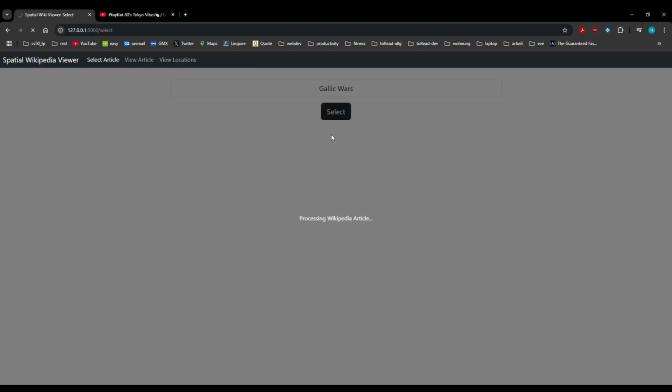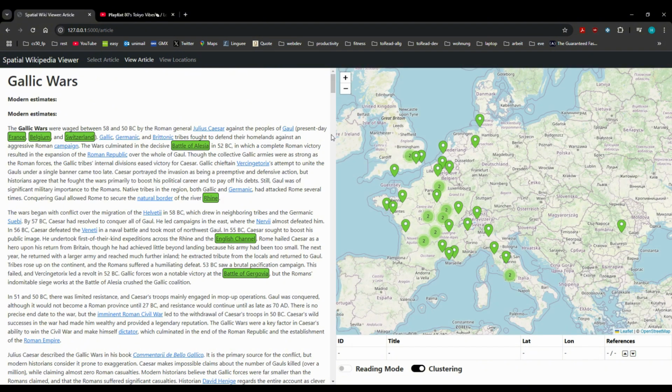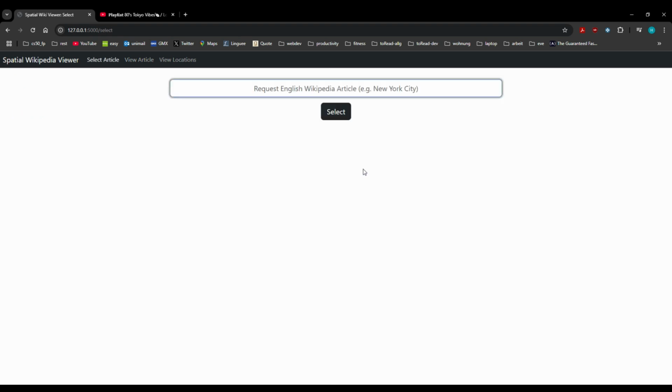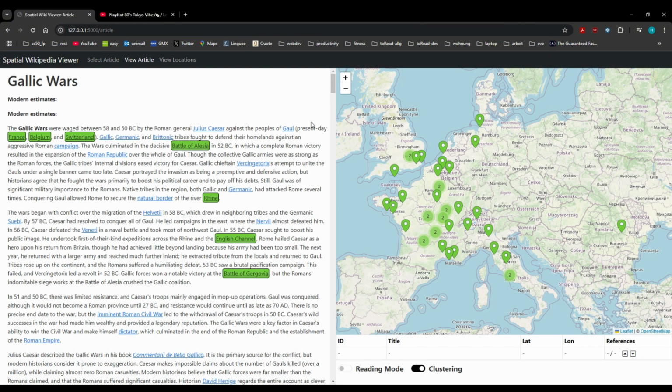And if you click on select, the article gets requested from the English Wikipedia API. But before it gets requested, there's a check if the article is already in my SQL database, and there's an additional check if there's a newer version of it available. So if I run this again, it is a lot faster because on the second time, the article was directly loaded from my database and not